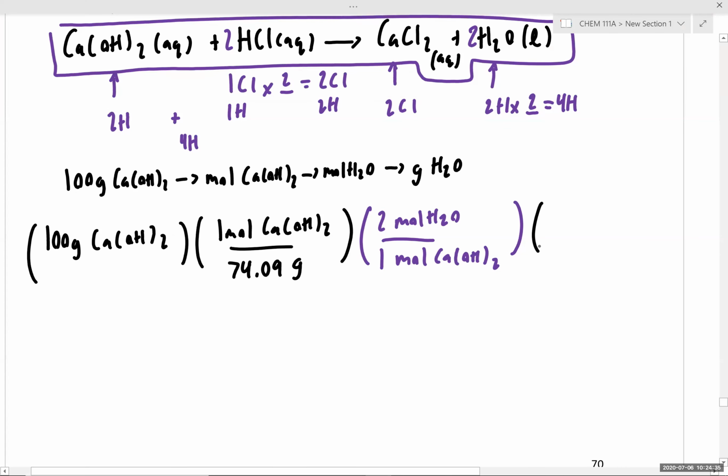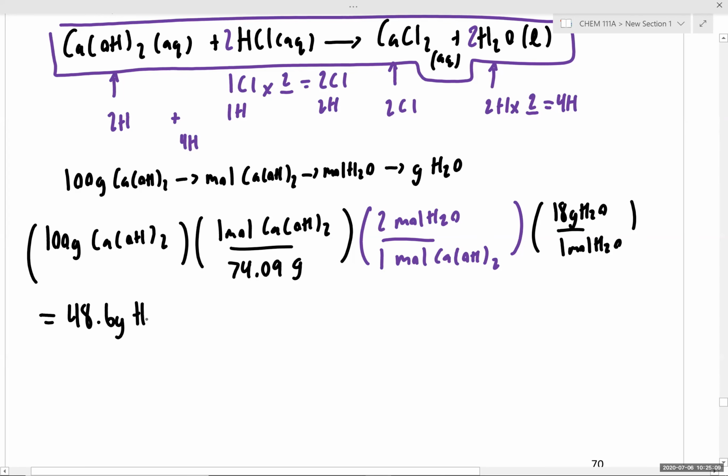Okay, and then for water, we have 18 grams of water per every 1 mole of water. And this is why I like the one-line method of unit conversions, because we can write everything out in 1 line, it's easy to audit, and it's easy for us to check in our calculator. So punching this into our calculator, we get an expected mass of